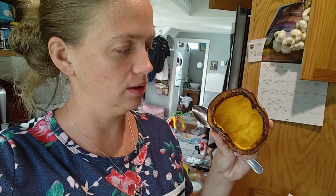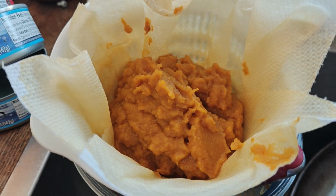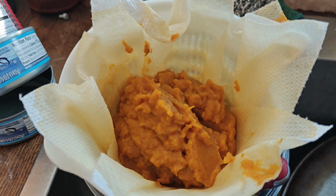We'll be back. I did not get around to scooping out the flesh of the pumpkin yesterday. So it just got stuck in the fridge, and it cooled, so they got a little bit of caramelized burntness around the edge. So I'm going to scrape that off, and then I'm going to put all this in my blender and blend it up. That did not make very much at all. Maybe a cup, maybe a little bit more than that, but I strained it to get a little bit of the liquid out. I don't think very much came out, so I'm going to bag it up and put it